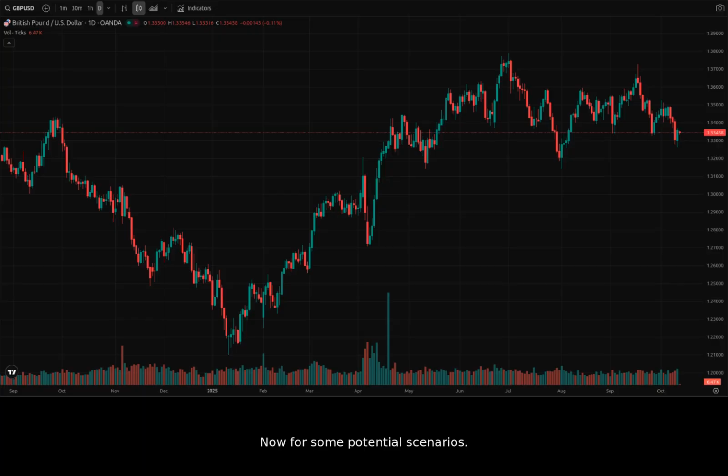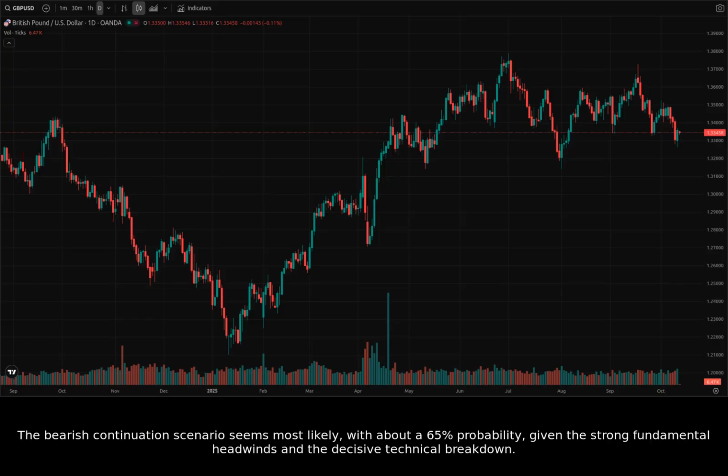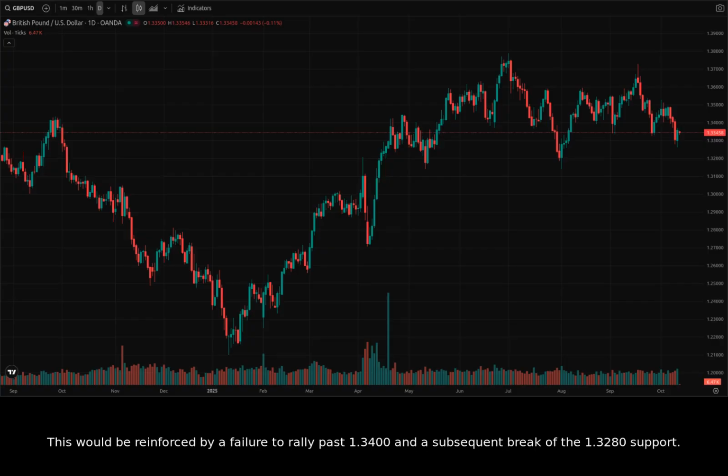Now for some potential scenarios. The bearish continuation scenario seems most likely, with about a 65% probability, given the strong fundamental headwinds and the decisive technical breakdown. This would be reinforced by a failure to rally past 1.3400 and a subsequent break of the 1.3280